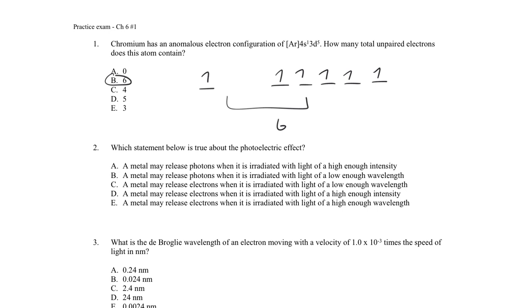Number two. Which statement is true about the photoelectric effect? A metal may release photons when it is irradiated with light of a high enough intensity, low enough wavelength, low enough